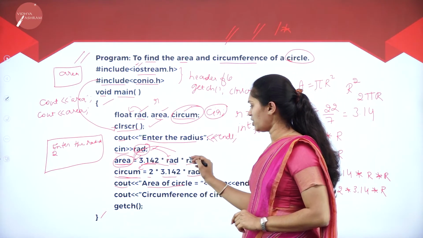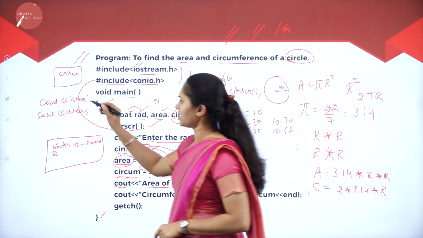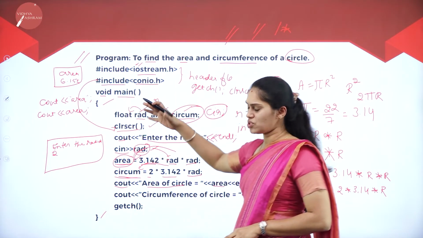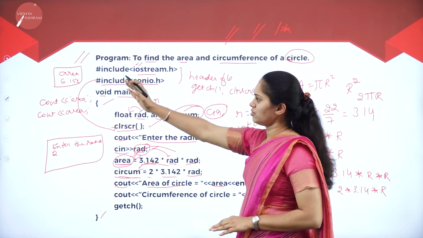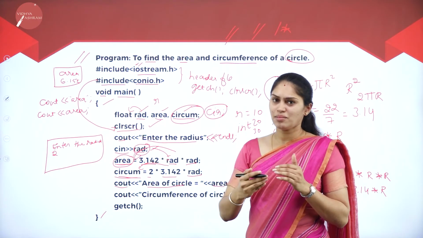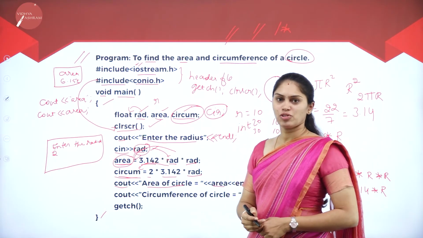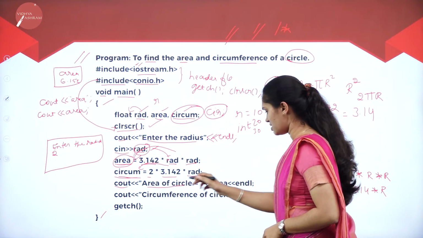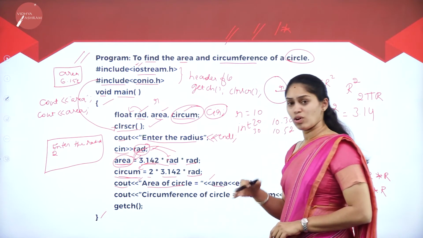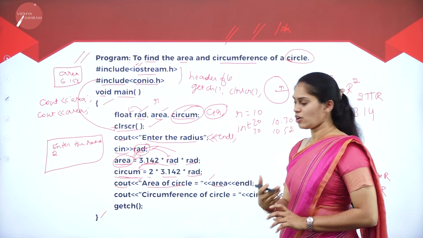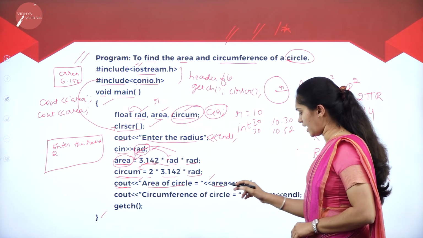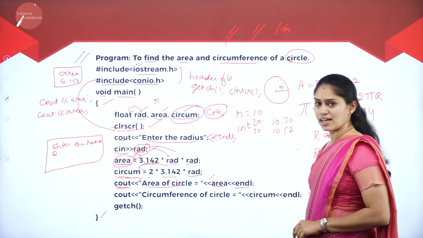For this constant, 2 into 2 is 4, 4 into 3 point something, it will be like 6.152. Just an assumption. So like that it will display. Whether you are taking the name of a variable as a statement or as a value, you have to be very conscious here. So here we are again using the insertion operator, doing the cascading of the output.